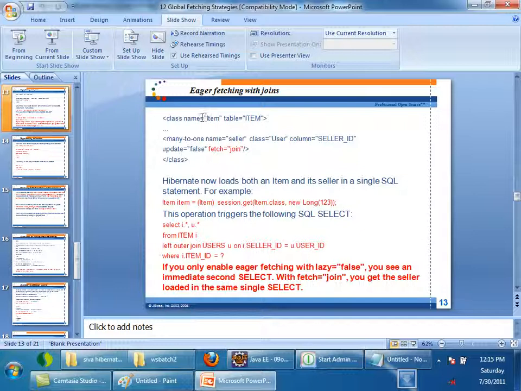This is actually an inner join, not an outer join. If it is an outer join, you have to specify left or right. Why do we require this? When you are configuring relationships, you want to get the matching cell only, right? Matching cell means it should always be an inner join. When you say fetch equals join, it is eager loading only.